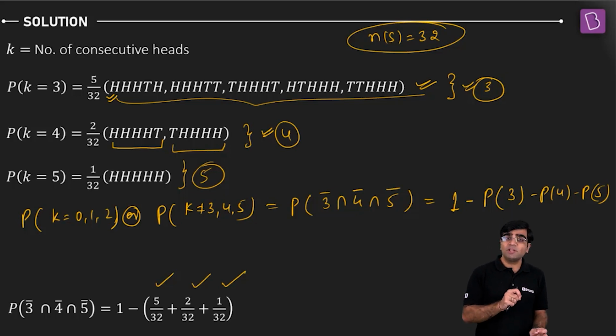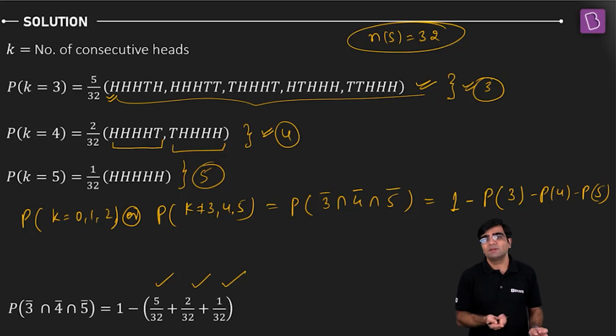For the probability of k equal to 4, we have only 2 favorable cases. Either we have 4 consecutive heads, then tails, or we have first tails and then 4 consecutive heads. Only 2 favorable ways. Total number of ways, 32. So the probability for getting 4 consecutive heads is 2 by 32. Sorted. Then 5 consecutive heads, there's only one way. Probability 1 by 32. So with 5 consecutive heads, the value associated is what? 5, right? Because they said that k is the value associated if k equal to 3 or 4 or 5. Okay, perfect.